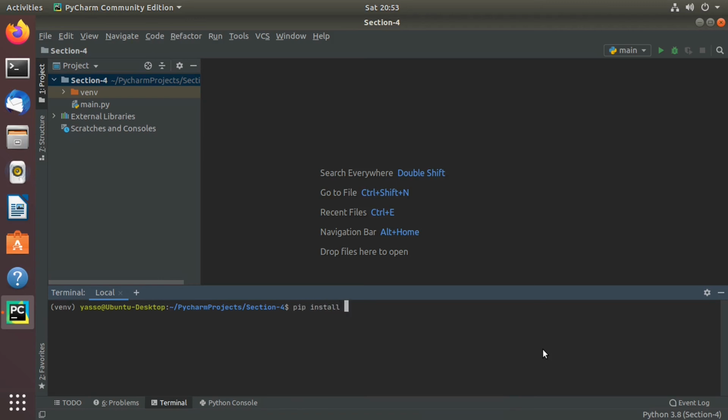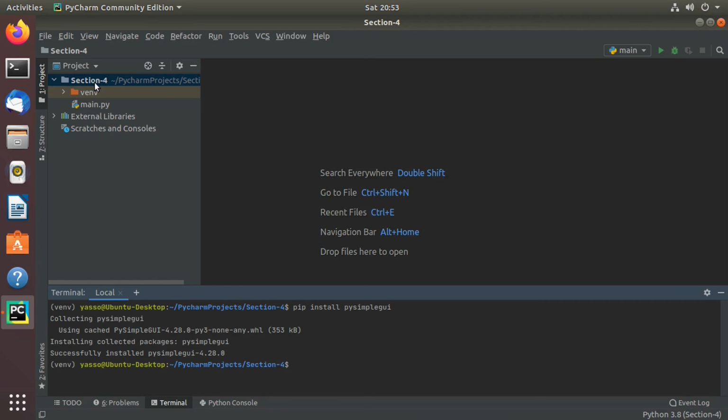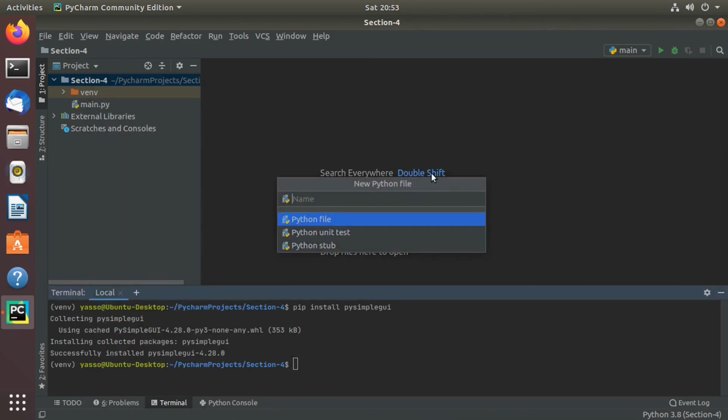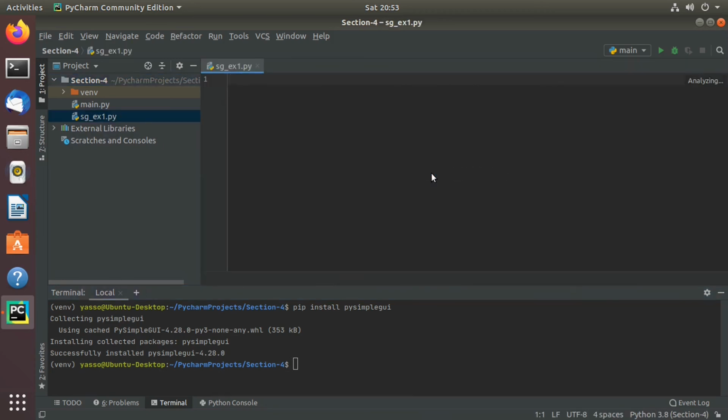First, let's install PySimpleGUI. Then let's create an example. I'll import PySimpleGUI as sg. Then let's use sg.popup